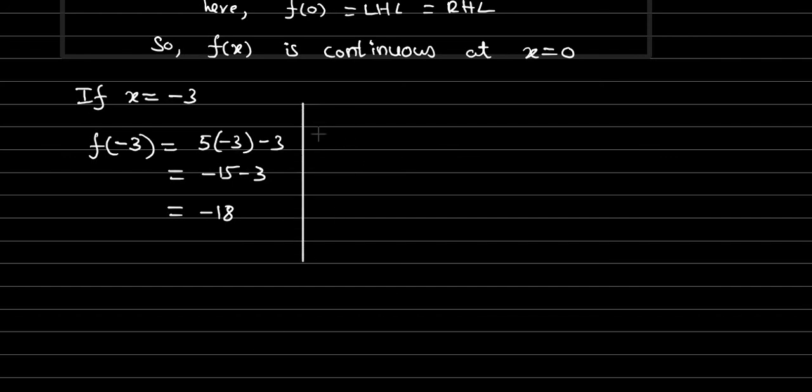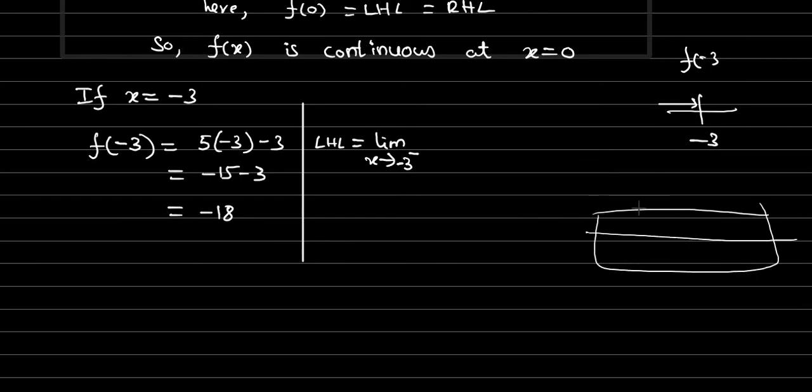So now the left hand limit: x is approaching towards minus 3 from the left side. We have f of minus 3 found. Now for the close values of minus 3, approximately what result are we getting? Suppose, see the close values of minus 3 on the left hand side, like minus 3.001, minus 3.000001, minus 3.00125. So many values we have, right? Approximately all the values are minus 3 only. When we round it, we are getting minus 3. The result also, approximately we will be getting minus 18 only.